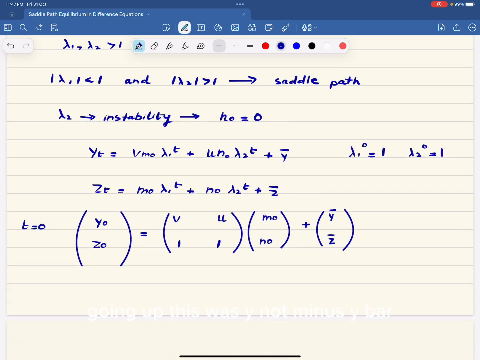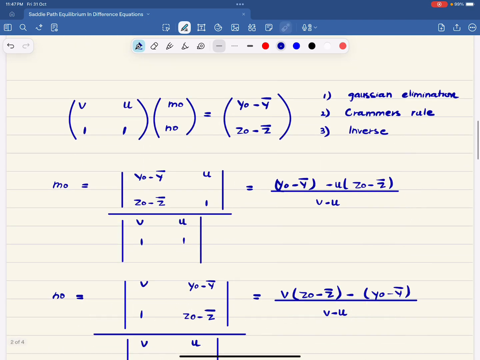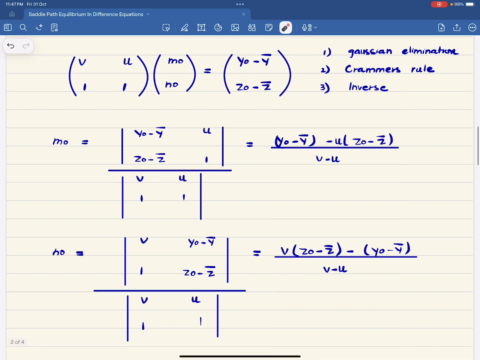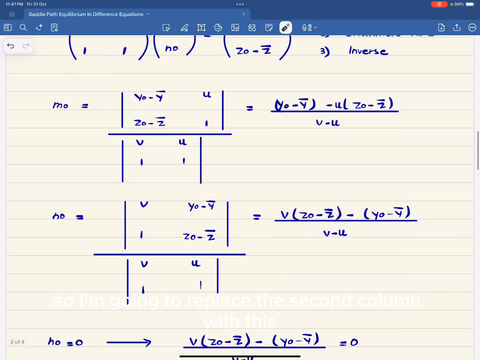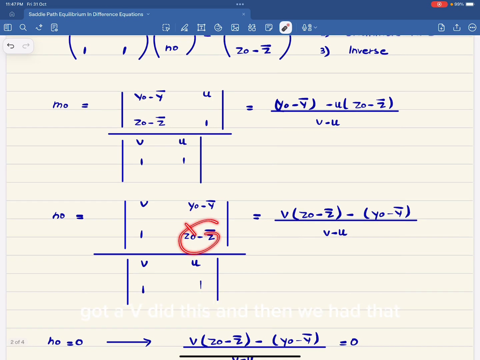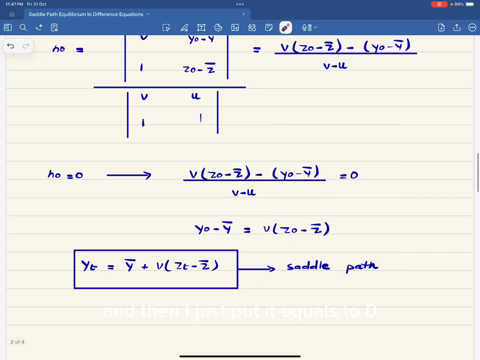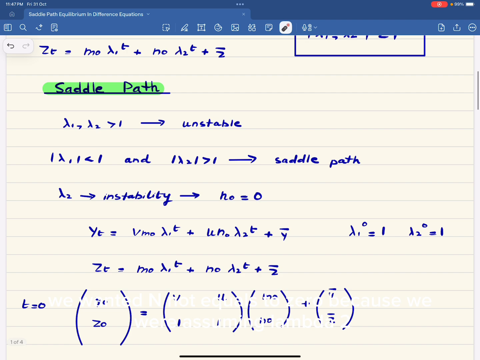Going up, this was y naught minus y bar. Yeah, we got this one right. M naught, we replace this over here. This stays there. We did this. Okay. Then we wanted this. So I'm going to replace the second column with this. We did B, did this, and then we had that. And then I just put it equals to 0. We wanted n naught equals to 0